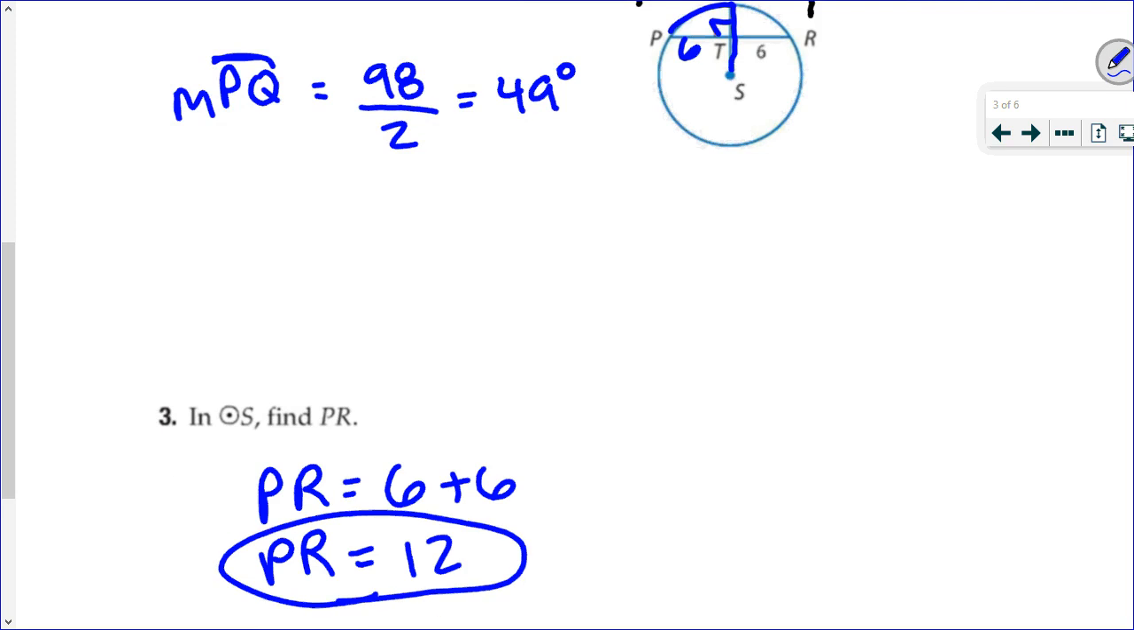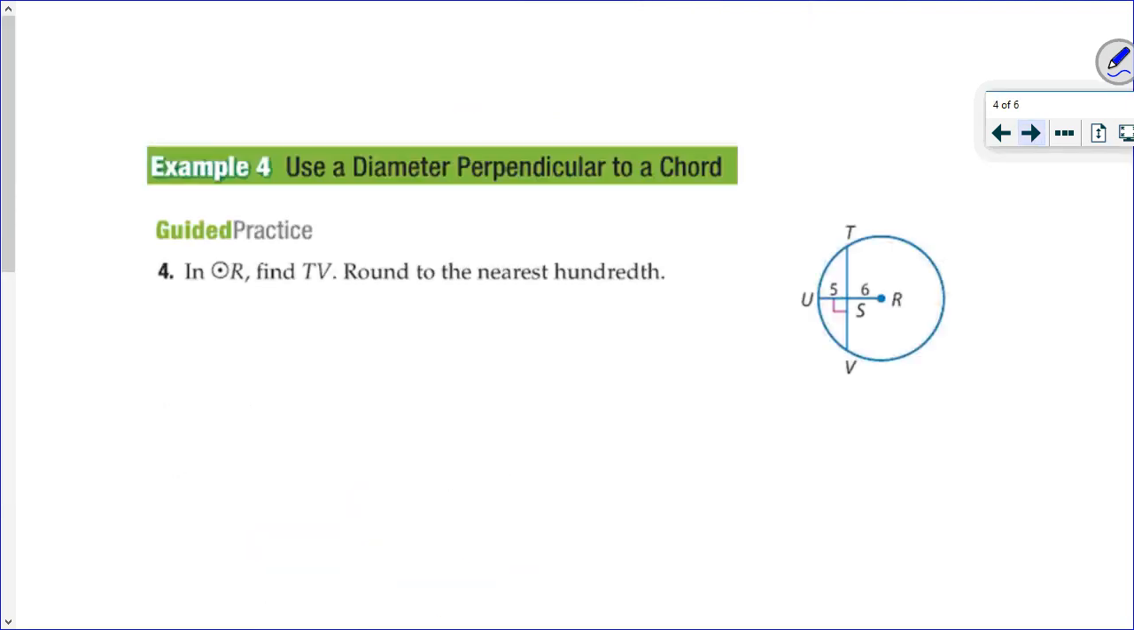So we'll continue then. Example 4. Use diameter perpendicular to a chord. So here, in circle R, we want to find TV, rounded to the nearest hundredth. So we are looking for the length of the chord here, TV. And this radius is perpendicular to it. So we've got to use the